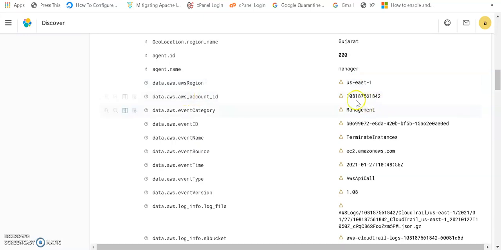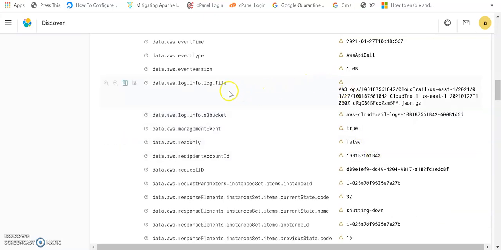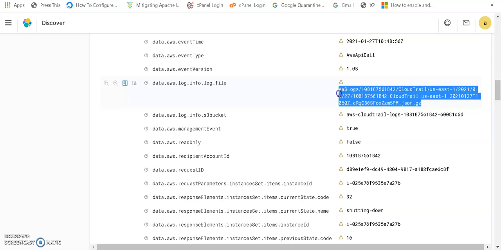From which account ID it has happened? Everything is being captured here. And what is the event name? It is terminate instance. I created one EC2 instance, and after that I terminated that instance. It was done through AWS API calls, from where the log files are captured. Here you can see the AWS log is CloudTrail, and this is the entire path of that particular log file.